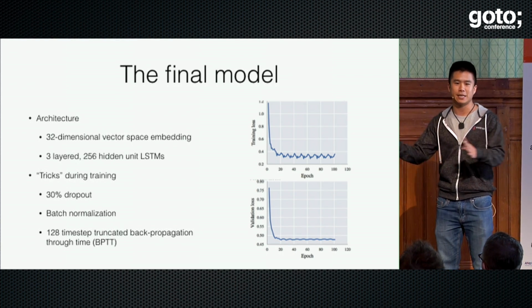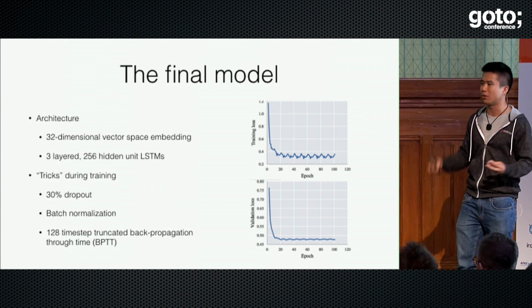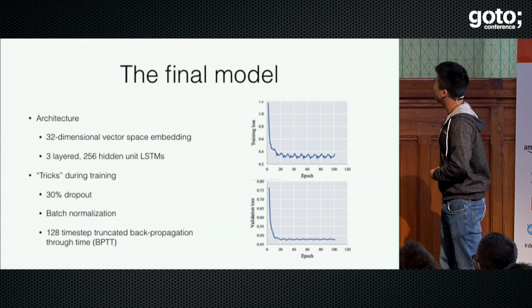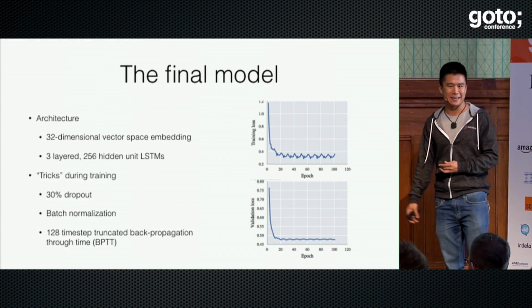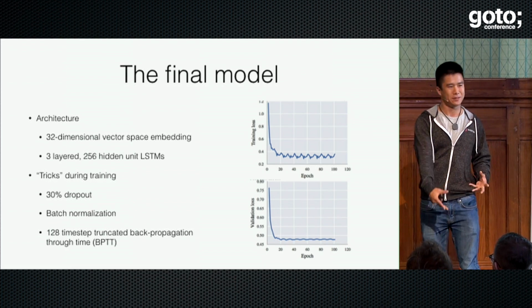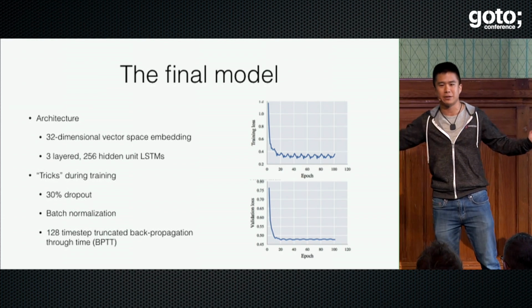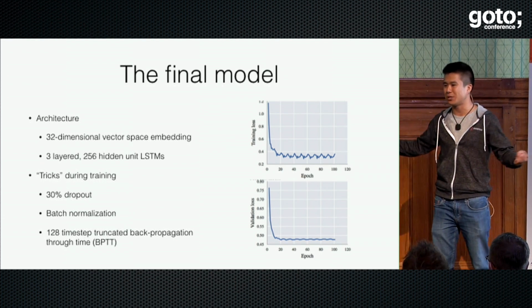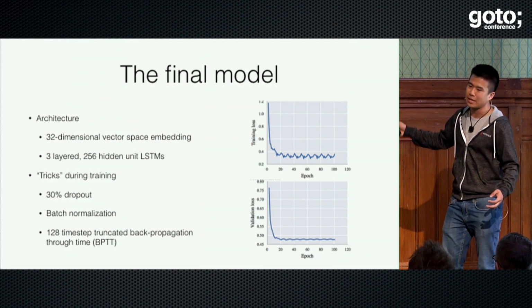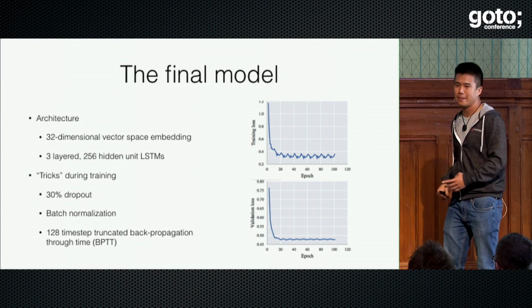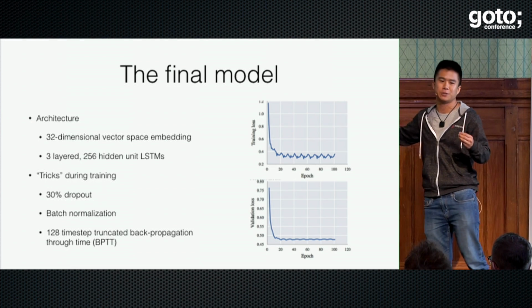It basically just takes your data and centers it back around 0 and rescales the variance so that you don't have to worry about floating point number overflows or underflows. And we use 128 time step truncated backpropagation through time. Again, another thing that your optimizer will handle for you. But at a high level, what this is doing is, rather than unrolling the entire network over the entire input sequence, which could be thousands of notes long, we only unroll at 128, and we truncate the error signals. We basically say, after 128 time steps, whatever you do over here is not going to affect the future too much.